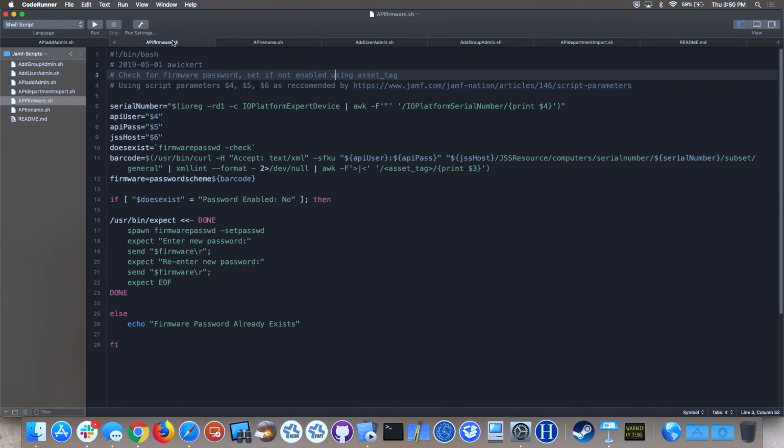I have a similar one here to create a firmware password. The only thing this does is switch to expect from bash, because you have to interact with the prompt, otherwise it won't actually set. I don't know if anybody has a better way to do this, but since this works pretty well, that's what